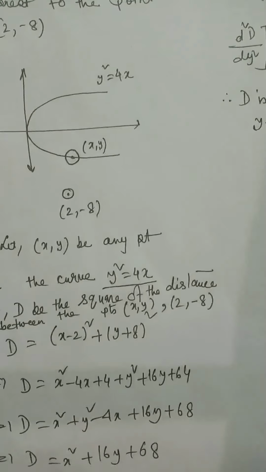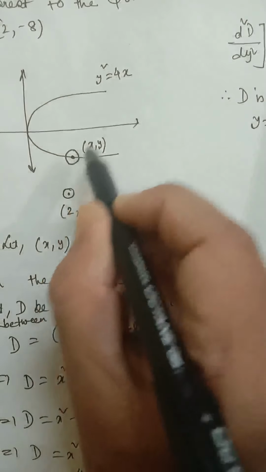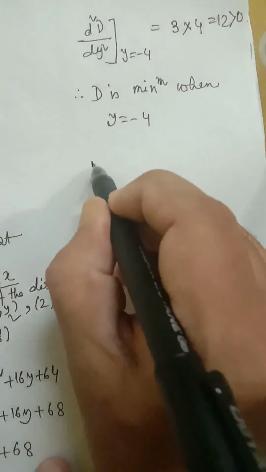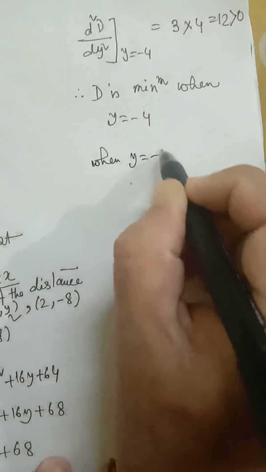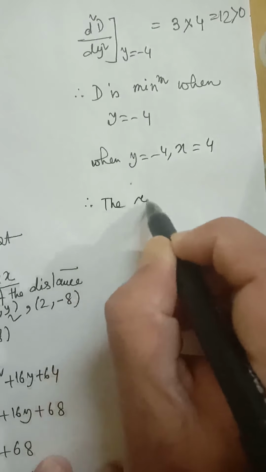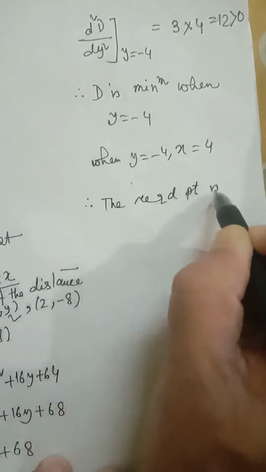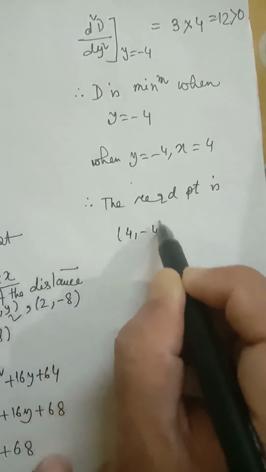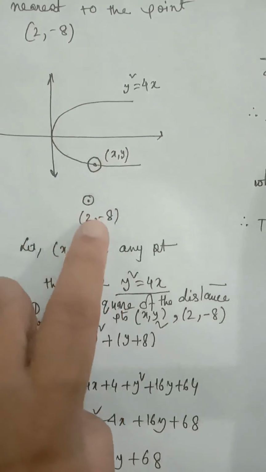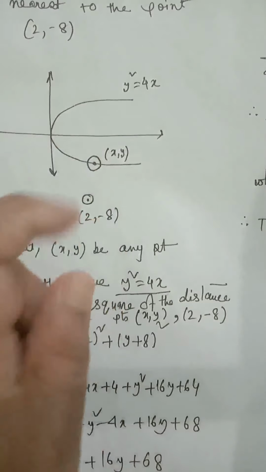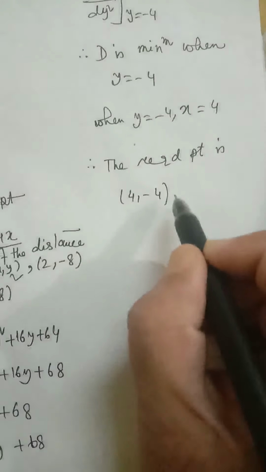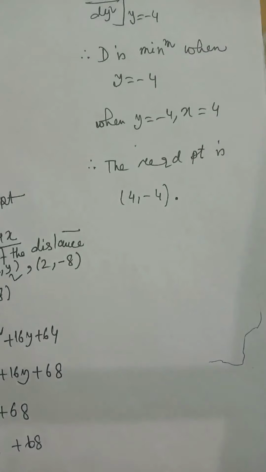And when y equal to minus 4, we have to find a point on the curve. So putting y equal to minus 4 here, x will be 4. When y equal to minus 4, x is equal to 4. The required point on the curve is 4 and minus 4. This is the point on the curve whose distance from the given point is least, minimum, which is nearest to this point, which is closest to this point. 4 minus 4 is an easy, simple question, but a very important question.